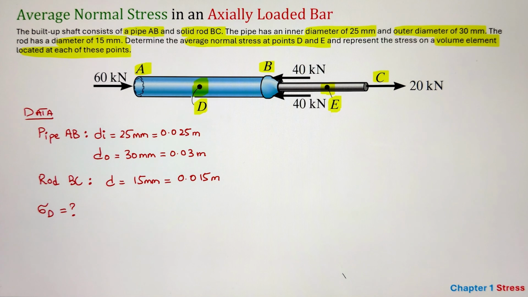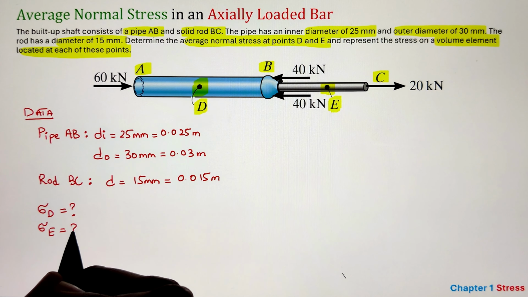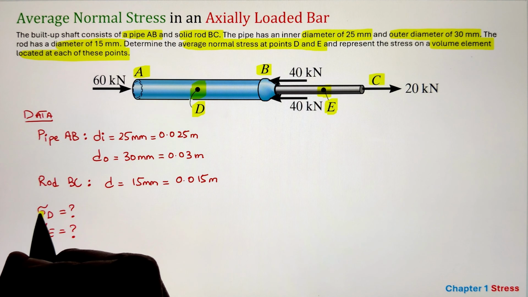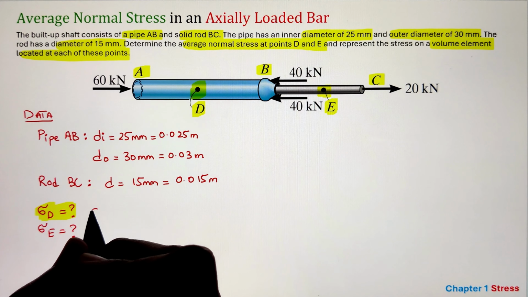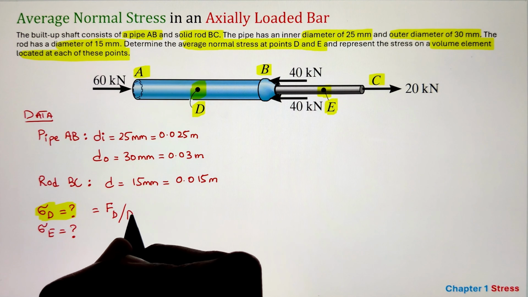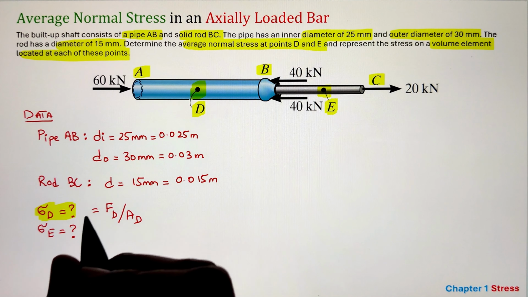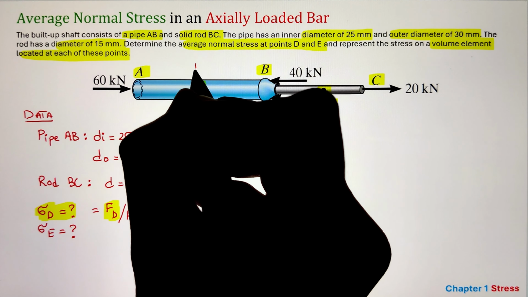Now, in order to determine the force at points D and E, we can utilize our method of sections, in which we will make a cut at these individual points and figure out the internal forces that are generated at that point. So to start, let us go ahead and select our point D first and start developing the free